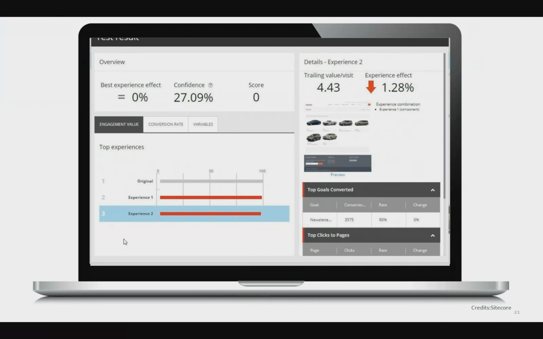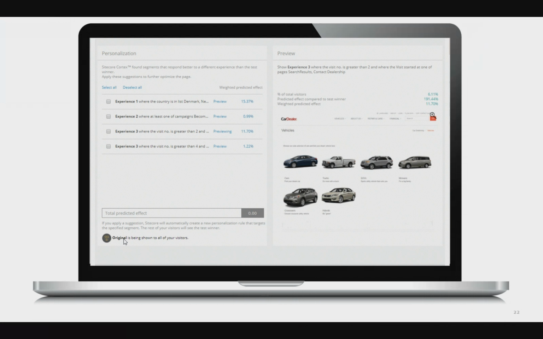But due to the power of Sitecore Cortex, we were able to identify that although experience one and two did not win, in certain scenarios they performed better. For example, experience three, where the number of visits is greater than two and the visit started at one of the pages, search results, contact dealership. You can see the predicted outcome for the test winner is 191% more.